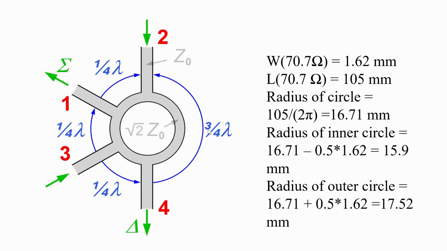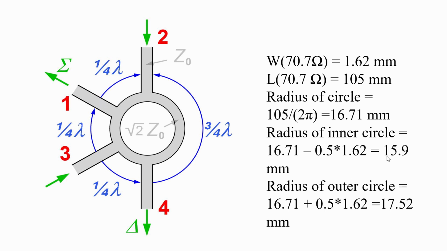Hence we can draw two different discs. One is the inner disc and the other the outer disc, and the inner disc can be removed from the outer disc to find out this ring. Also, to draw the port, we can create one port here and then we can shift those ports at 90 degree and minus 90 degree, 30 degree and minus 30 degree for these two. So let us go to the HFSS and design it.